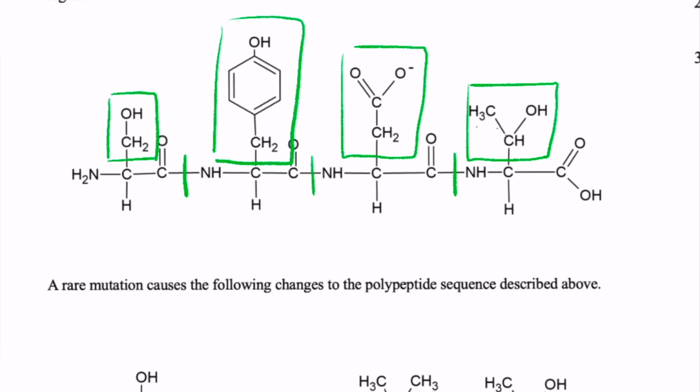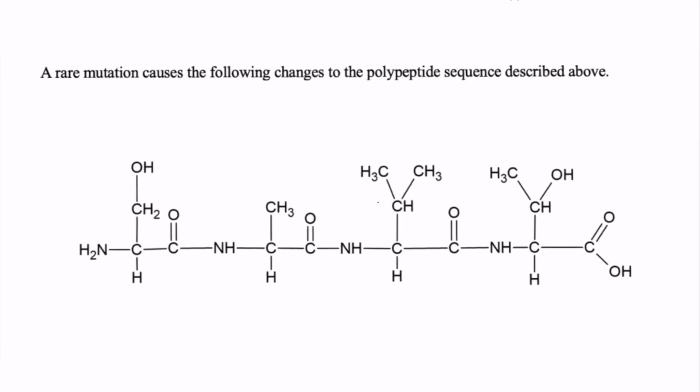So for instance, in this very first amino acid that I'll call number 1, we have a hydroxyl group, which means that this number 1 amino acid is most likely polar. Number 2, another hydroxyl group, probably polar. Number 3, seems like an acid because it has a negative charge. That's also going to be polar, as in it dissolves in water. And then here we have another hydroxyl group, meaning that this is also polar. So what we're looking at right here is a chain of amino acids which all dissolve in water, and they're all hydrophilic amino acids. However, let's take a look at this mutation, because once we get down to this polypeptide,